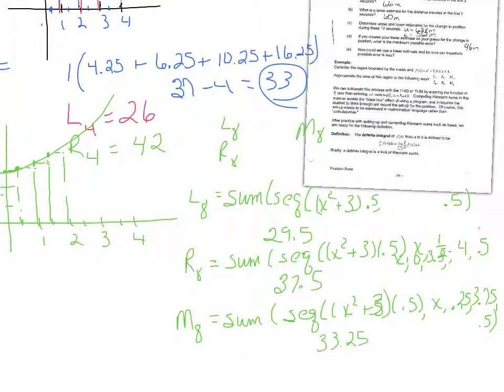Okay, so your calculator comes in handy. That's a whole lot quicker. If you're just doing those 4 subintervals, that's fairly easy to calculate. But the more intervals you get, the easier it is to let your calculator do the work. So you have to visualize what's happening so you know where to start and where to end.